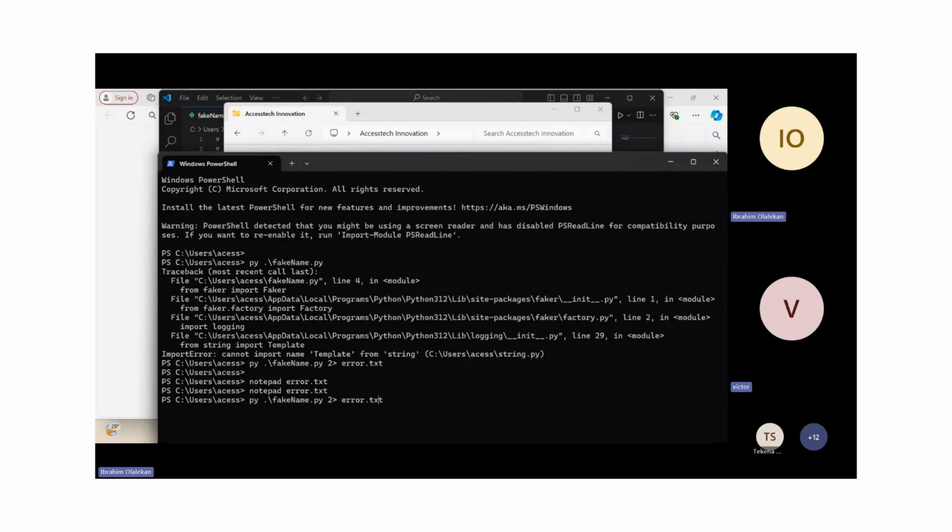And when you press enter, okay, let's do errors. I have errors, okay, I have errors for it already. Let's do error one. Okay, error1.txt. C:\Users\access>